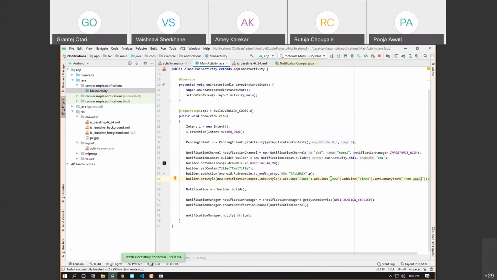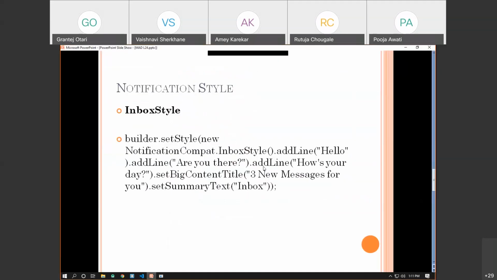Here we are denoting them with line 1, line 2, and line 3. So we can assume line 1 is one email message, line 2 is another email message, and line 3 is another email message. So I can say 3 email messages can be stacked together inside a single notification. Okay, so this is basically the inbox style.